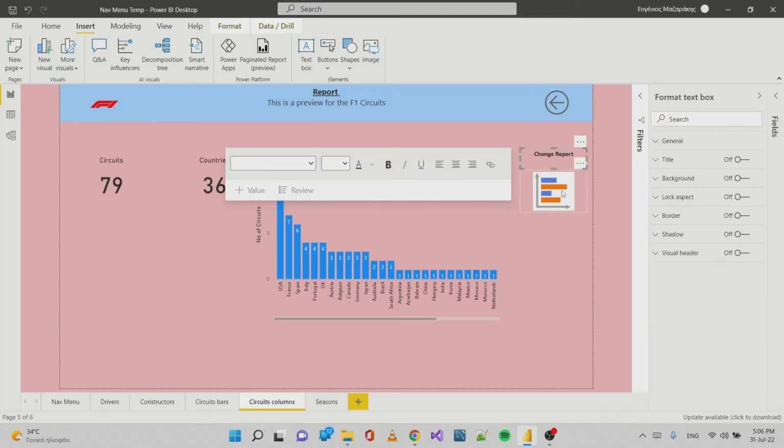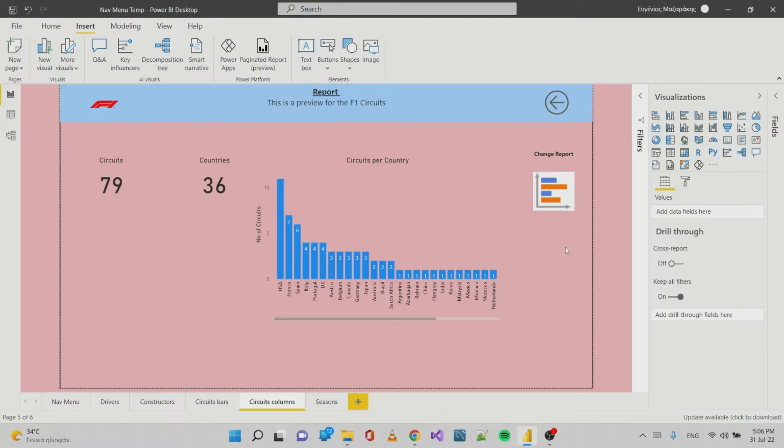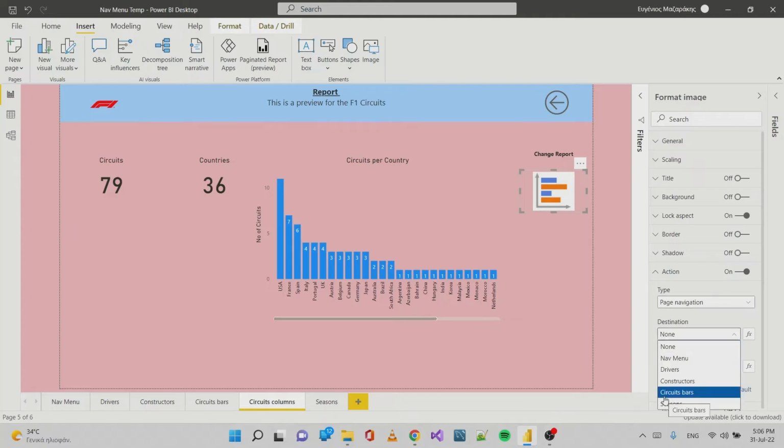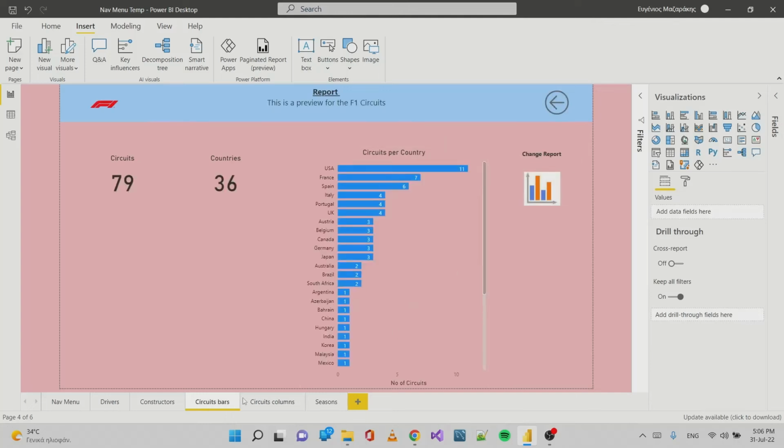Okay, same alignment. We are okay. We choose the image, action, enable the action. We choose page navigation and the destination is circuit bars. We have to make a save. If we want to test the functionality, with the control button, we choose this image, and now we are in the